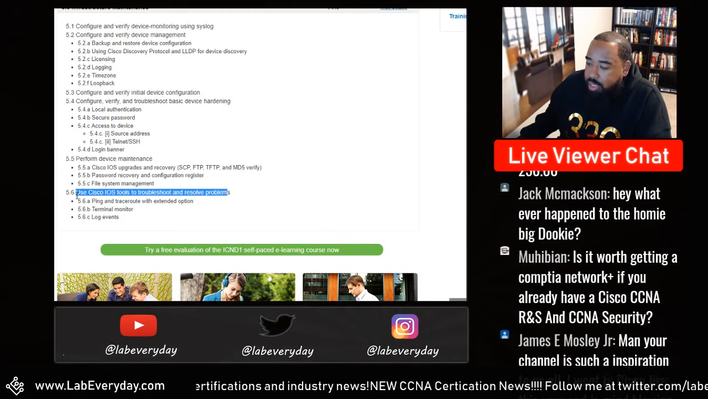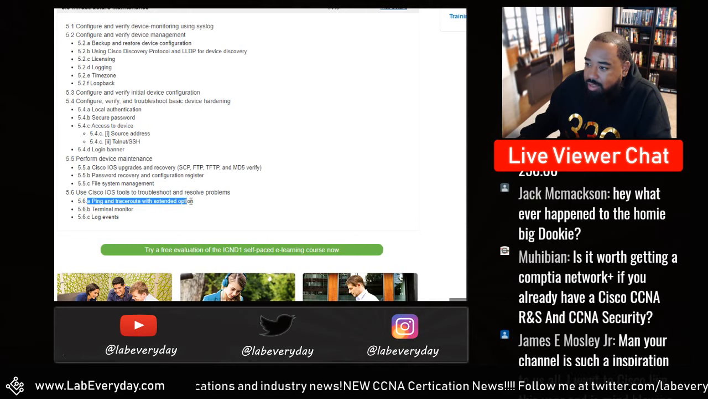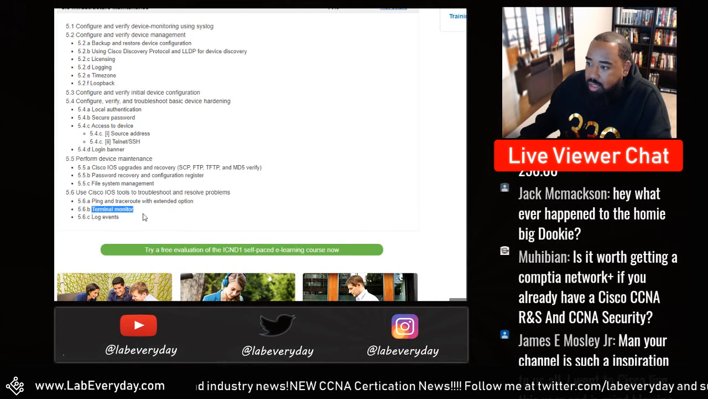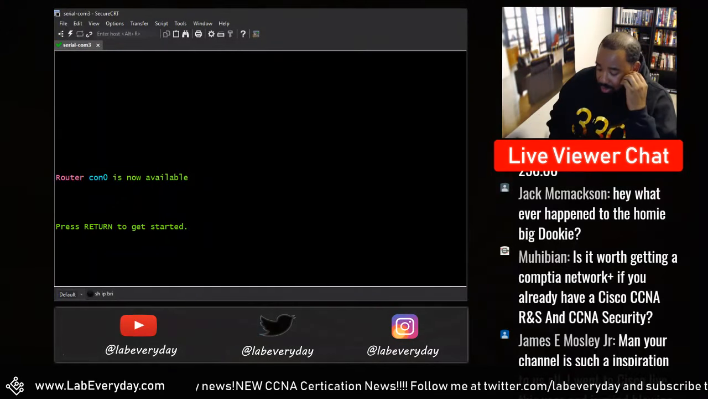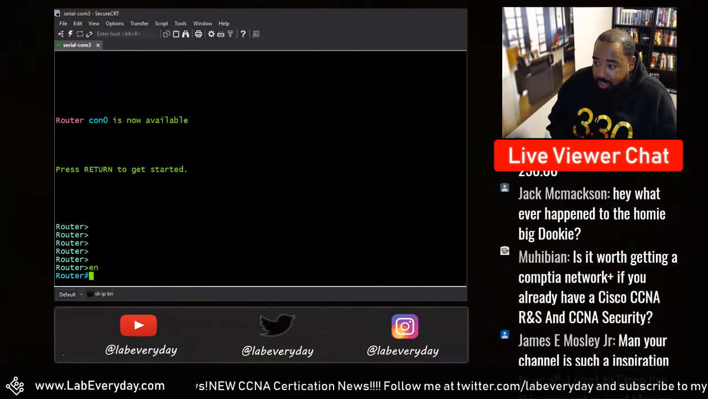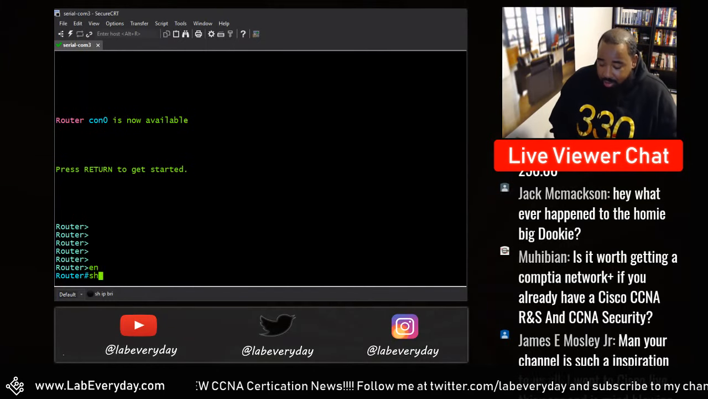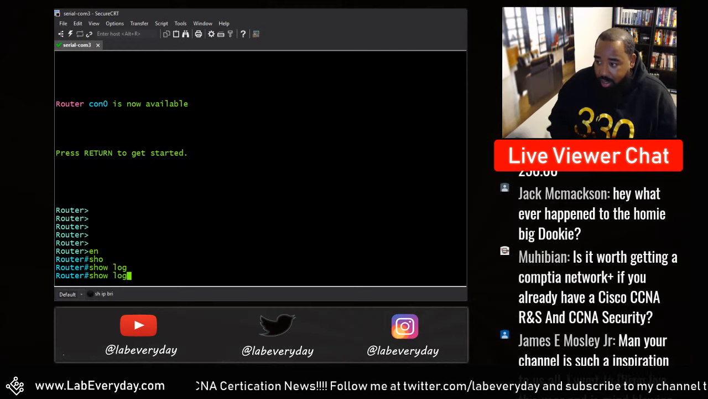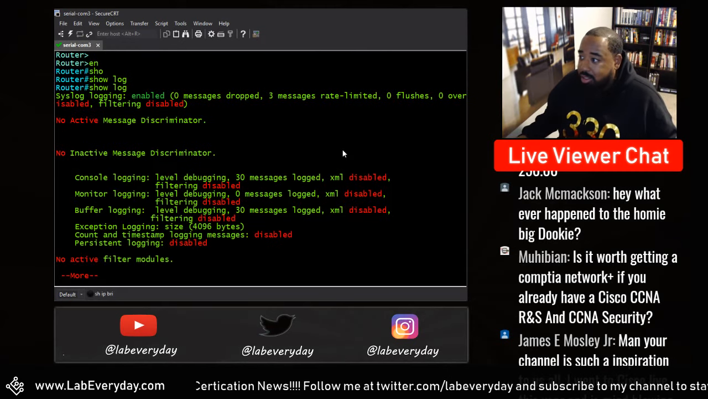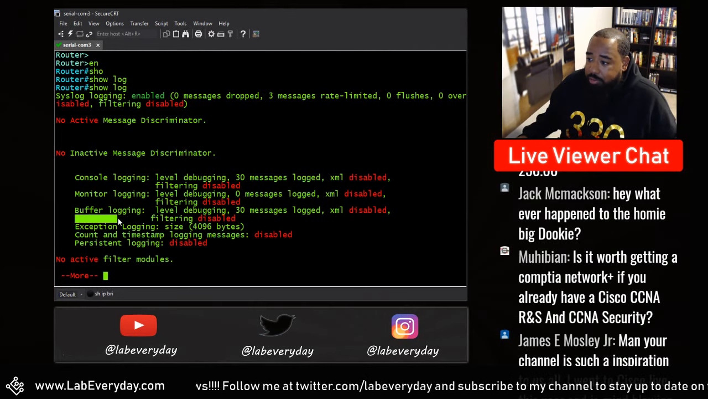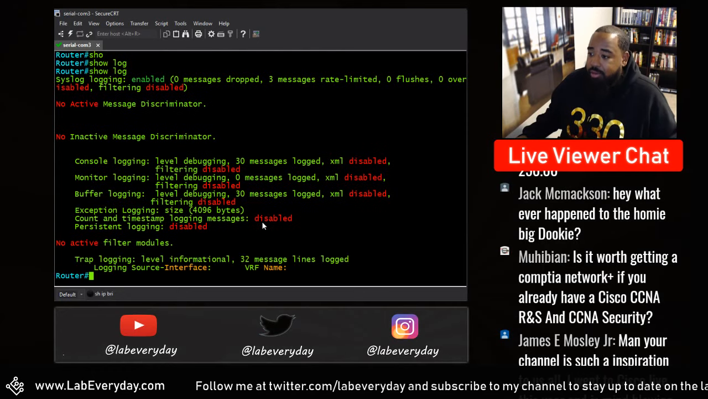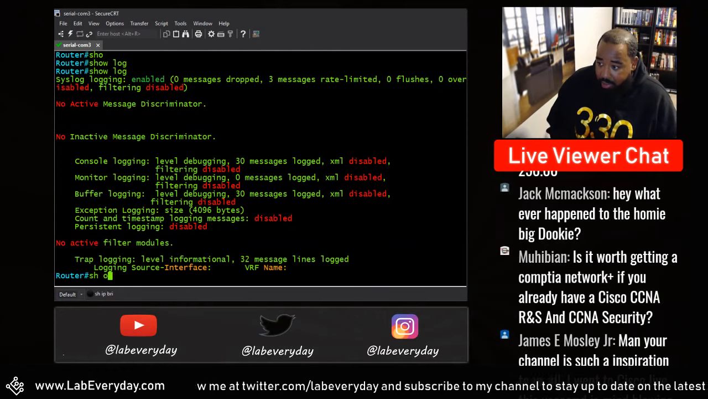See, now I'm curious. I need to read up on terminal monitor, login events. Well, first of all, when you do a show log, all of this is logging into your buffer. But you can actually send a log, the type of log you want, to a logging server. So if you come in here,